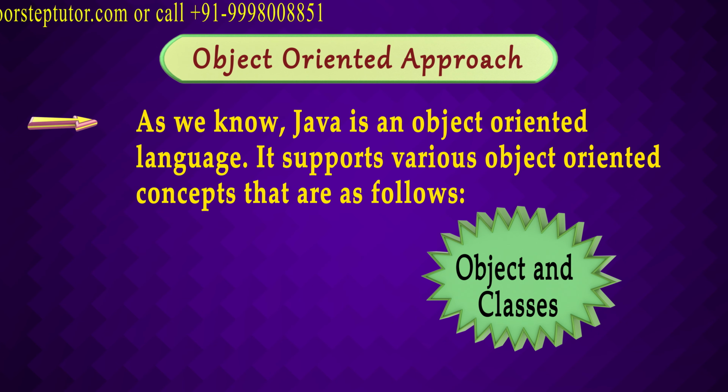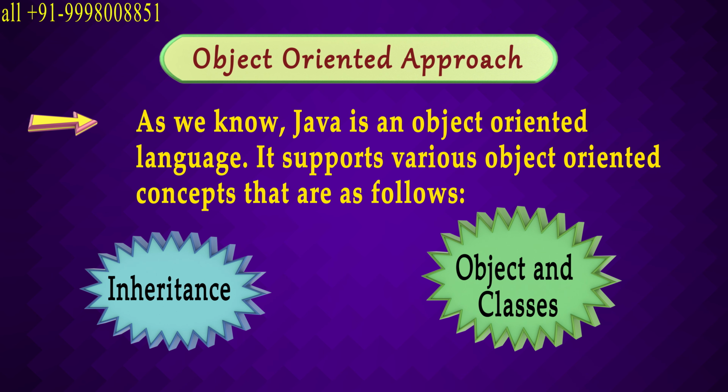Then there is the concept of inheritance. Inheritance means that we can have multiple classes and extend the properties of each other according to the requirement. Basically, we handle the base class and derived class, and according to the requirement we can create many classes. Then we have the concept of polymorphism in Java. Polymorphism means that we can create one function which can perform multiple functions.